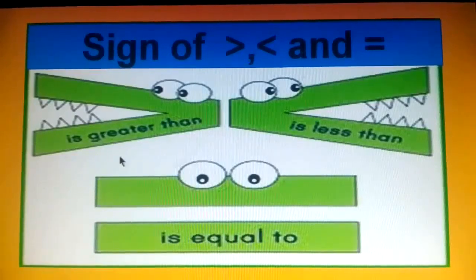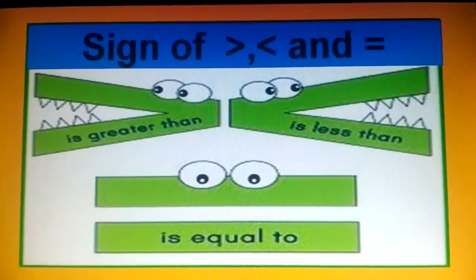Greater than का सिंबल हम कहाँ पुट करते हैं? जहाँ पर टू नंबर का हम कंपैरिजन करते हैं और जो नंबर बिग होता है हम उसकी तरफ ओपन माउथ वाला सिंबल मींस ग्रेटर देन का सिंबल प्लेस करते हैं. अब जब टू नंबर्स का हम कंपैरिजन कर रहे होते हैं, जो नंबर स्मॉल होता है उसकी तरफ हम क्लोज्ड माउथ लाइक दिस ये सिंबल हम पुट करते हैं. बिग नंबर की तरफ माउथ ओपन होता है एंड स्मॉल नंबर की तरफ माउथ closed होता है.